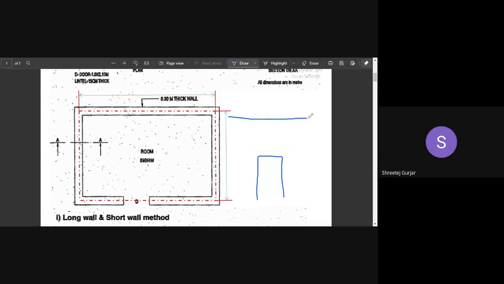This is the total height of your room. So this brickwork has to be supported over this opening. If there is no lintel provided, what will happen? This brickwork over this door, what will happen? It will just fall. So what has to be done is we have to provide a lintel.